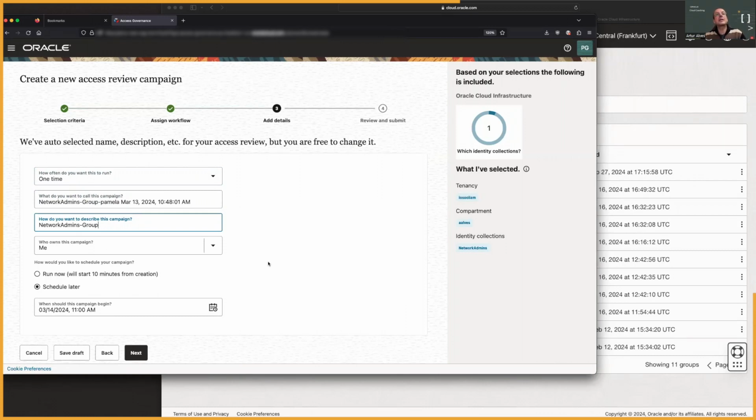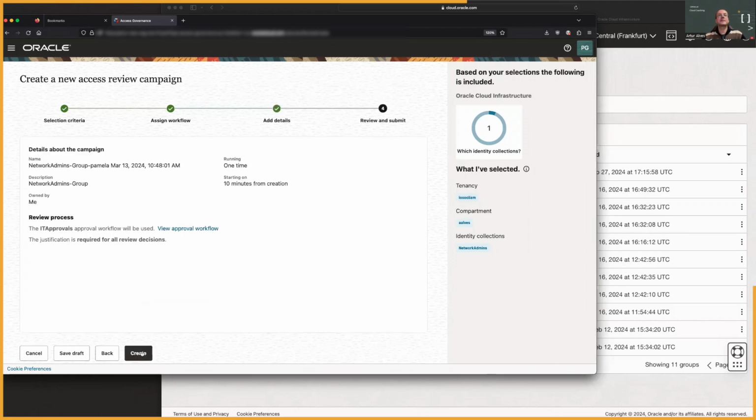I own the campaign, meaning I, Pamela, am responsible to document later on all the necessary information about the campaign and provide this to the auditors, for instance. And I want to run it now, or I could schedule it to start in one week from now, something like that. I want to run it now. Next, and create. Well, I'll create it. This will take 10 minutes to start.